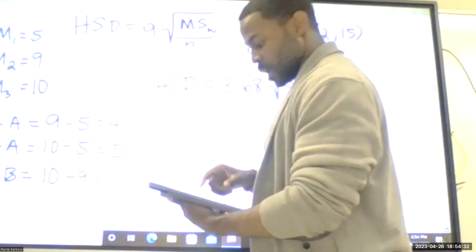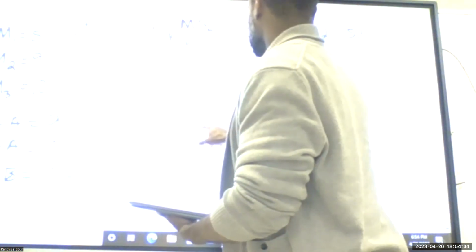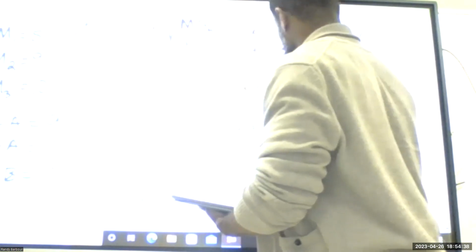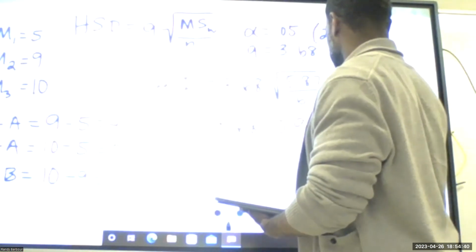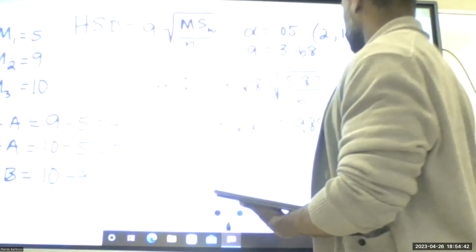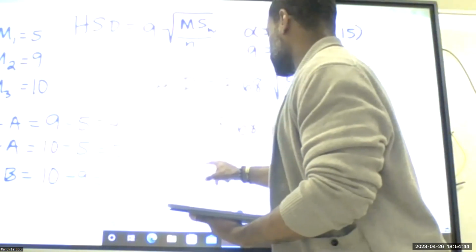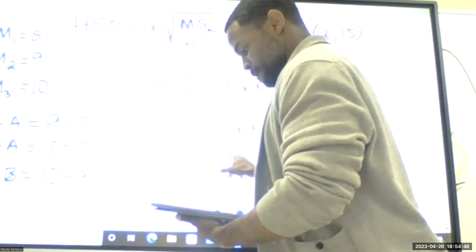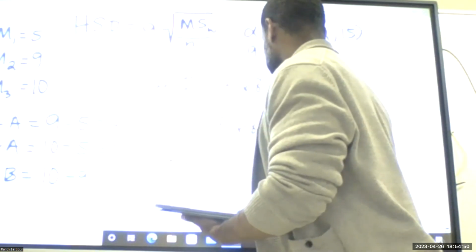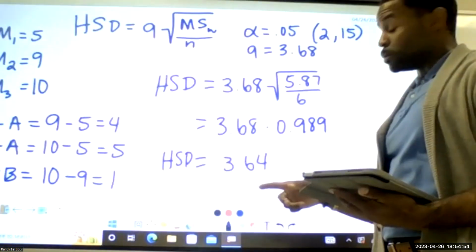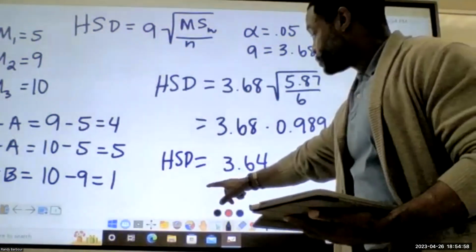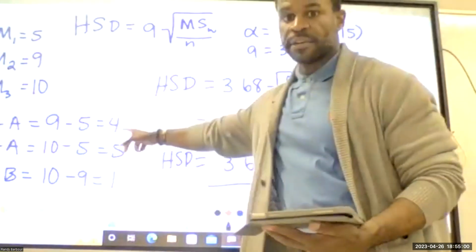So let's go ahead and calculate this. That's going to be 3.68 times 0.989. Okay, that's going to give me an HSD of 3.64. Now all I have to do is compare this number to all of my differences on the